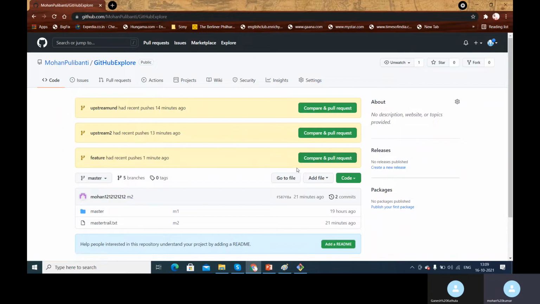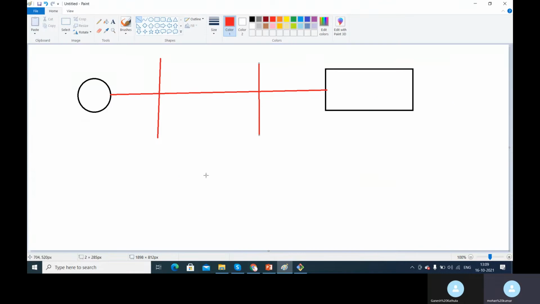So this pull request basically works like this. Let's say I'm a person who is working in the project and I have just 1 year of experience. So what I have to do is I'll write some piece of code here, and I'll submit this for review to the manager. The manager has to review that code, and then he has to tell me what needs to be changed, or whether it is good or not. So I have written some lines of code, and I'm giving this to the manager for a review.